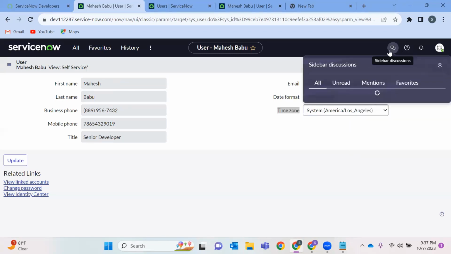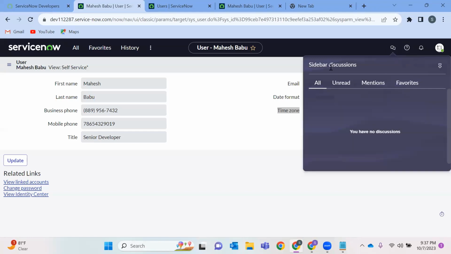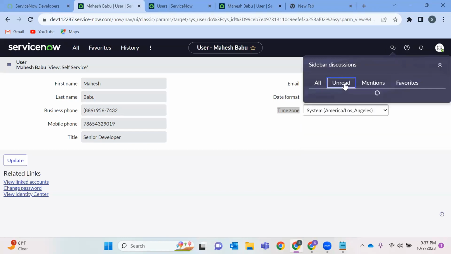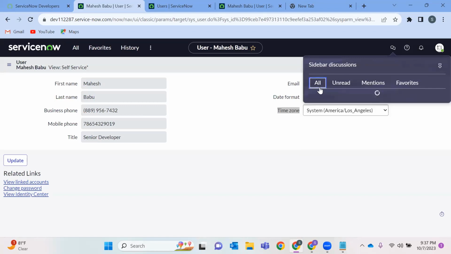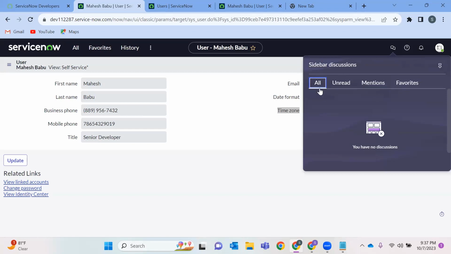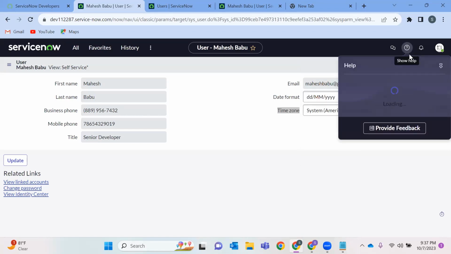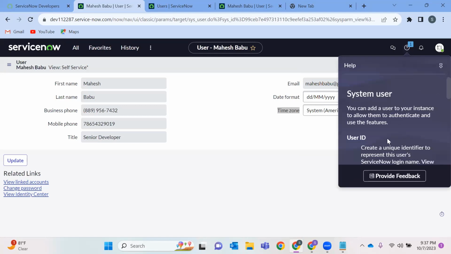Now, if you see, this is a chat, like any discussions between your team members. If someone has tagged you, you can see who has tagged you under mentions, and whatever you have added to your favorite list, or all three together, you can see here. This is called a sidebar discussion. This is help. For example, you want to learn something.